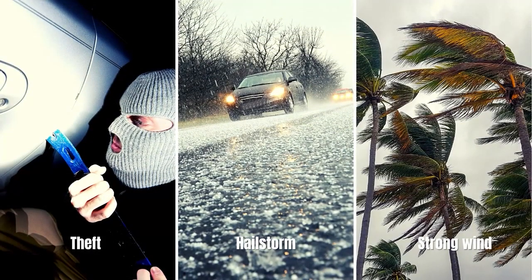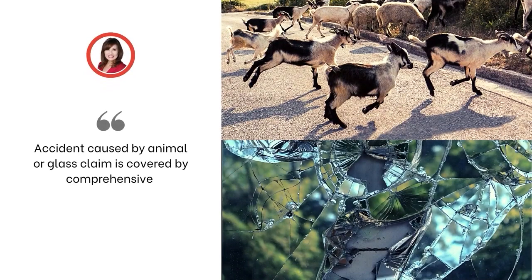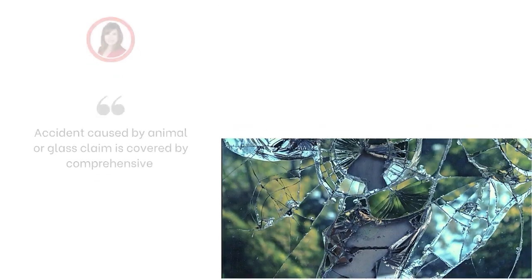Comprehensive provides coverage for any property damage to the insured's vehicle that is not due to collision. Theft loss is most associated with this coverage, though it also covers acts of God and nature such as hailstorm and wind. There are two exceptions that may seem like collision, but are actually comprehensive. Hitting a live animal. Glass damage that isn't related to an auto collision.